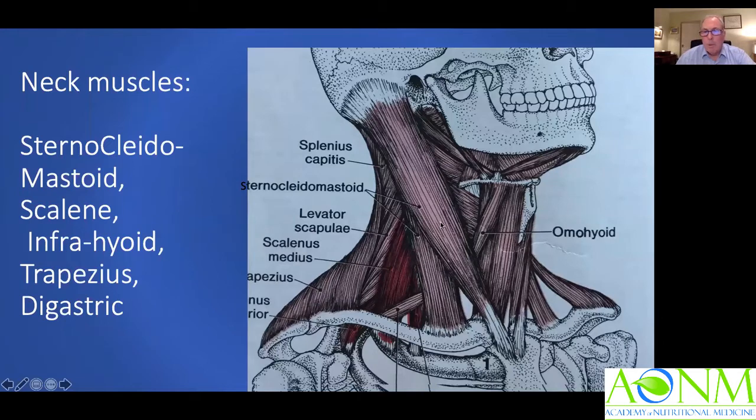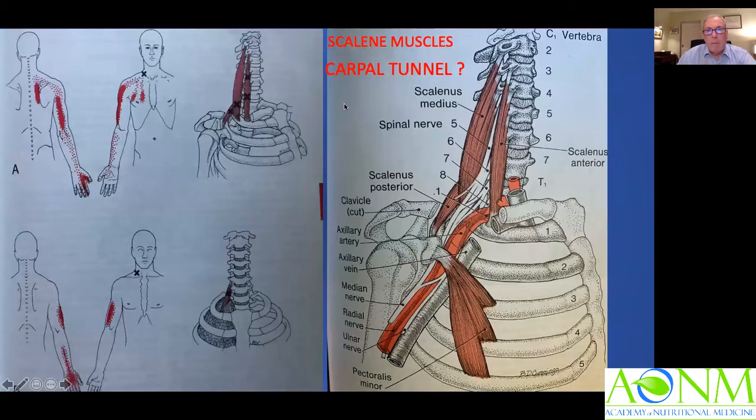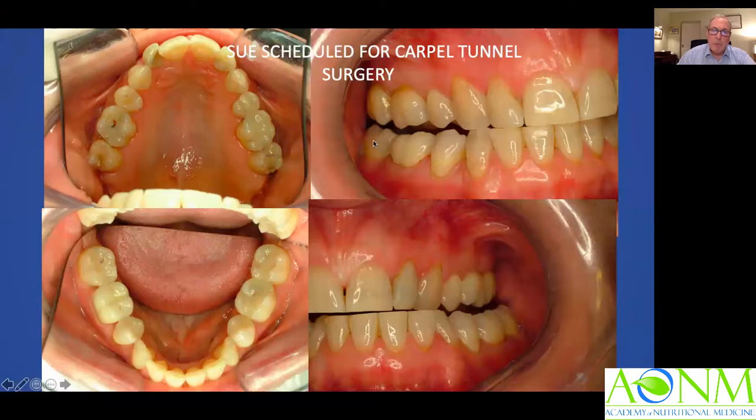More interesting for Ian's line of work are all of the neck muscles involved with the infrahyoid group of muscles. I'll mention a case later where challenging the hyoid bone created a fitting attack in one of Ian's patients. But it's also worth mentioning in passing the scalene muscles, which are a bit of a design fault, because the whole brachial plexus passes between the scalene muscles. And I know from experience from a patient who was destined for surgery for carpal tunnel,